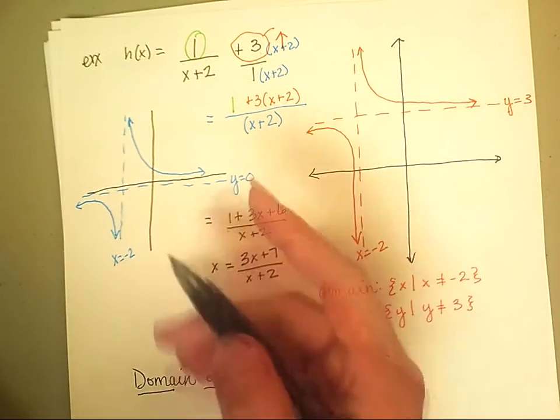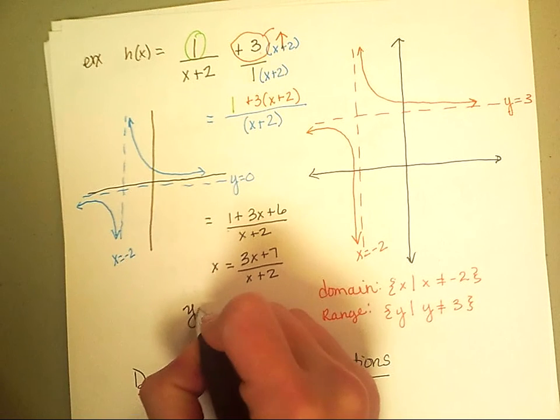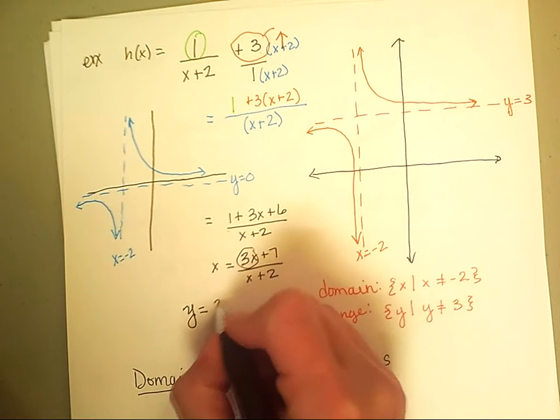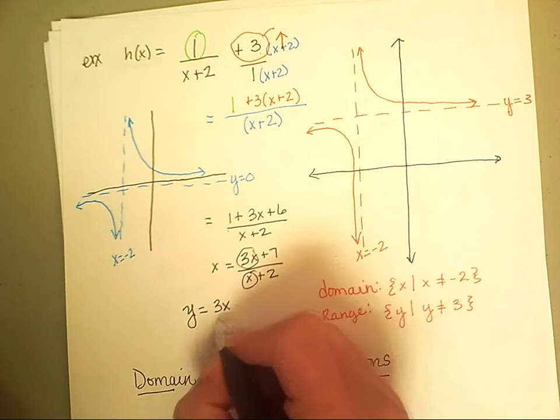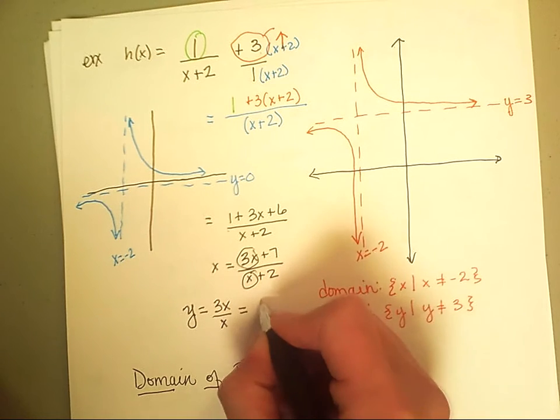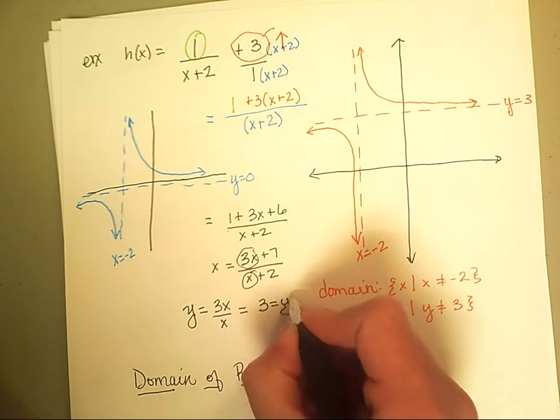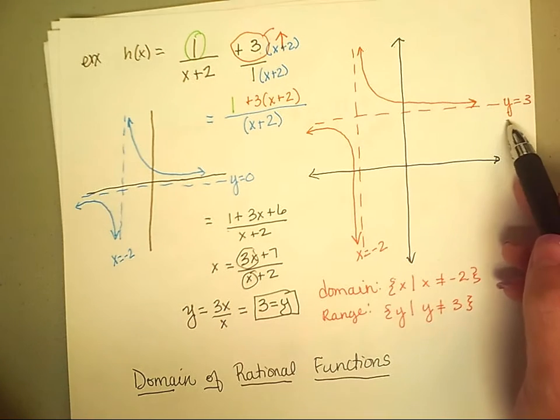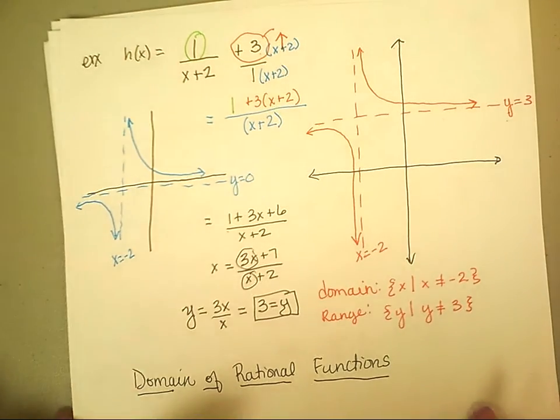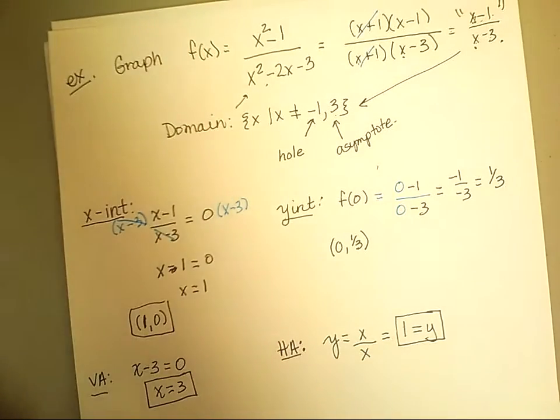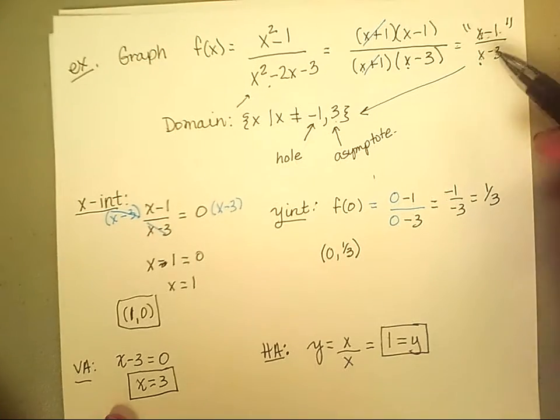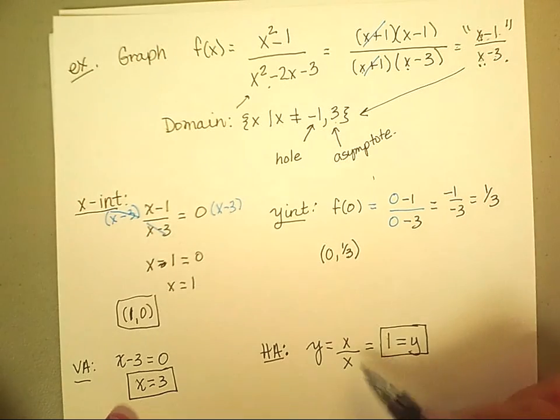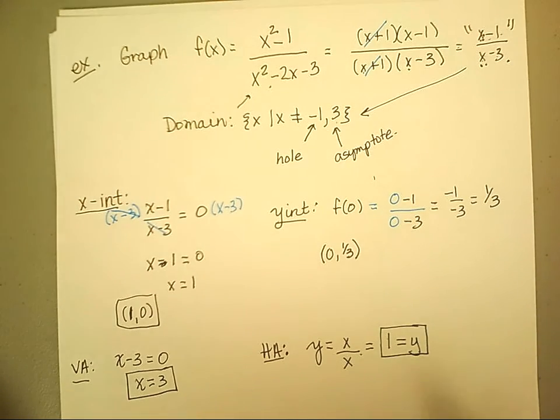And so now if we think about the horizontal asymptote, we know it's going to be a y equals line. The dominant term here is 3x. The dominant term of the denominator is x. And when that reduces, we get the line 3. Okay. So that is how that came out. So that is what we used here, the dominant term x over x. So we'll get a horizontal asymptote at y equals